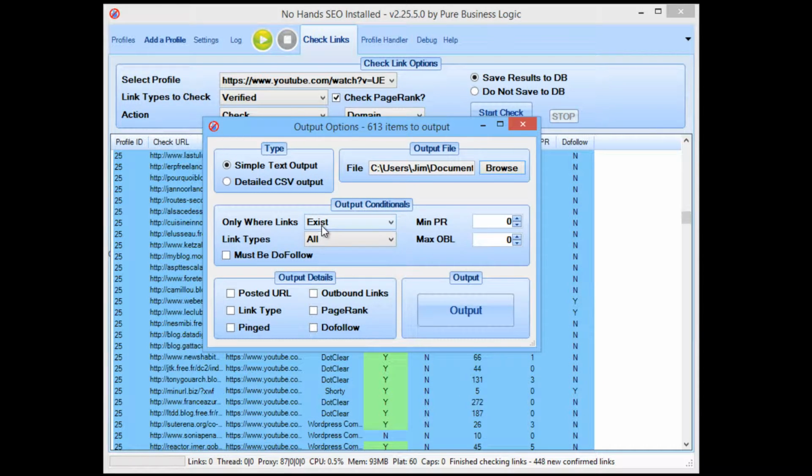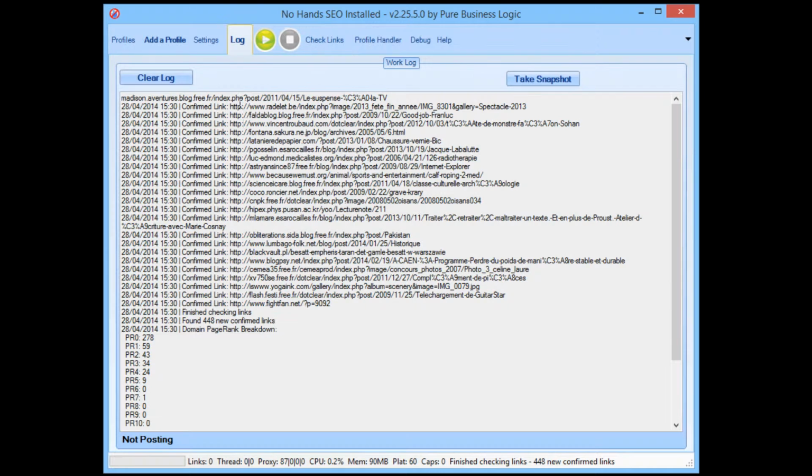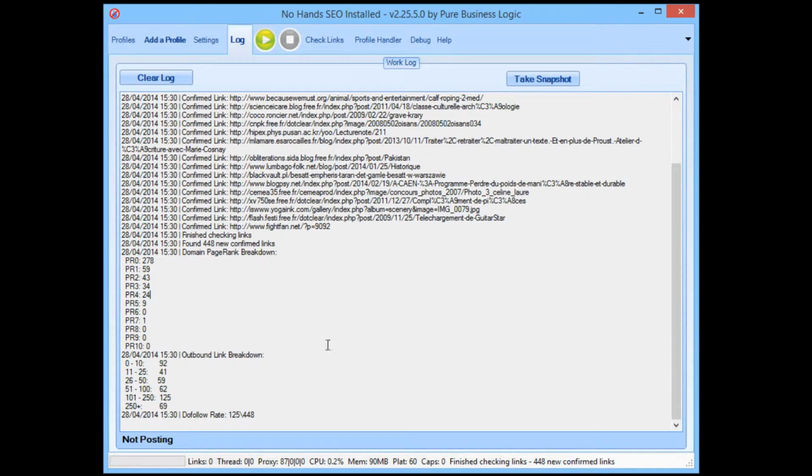And then you choose whether you want all of the links or just where the link exists, what platform of link types you want to output, the minimum page rank, minimum outbound link, whether it should be do follow, and if you've chosen the detailed CSV, you can actually choose to output different information along with the links, such as the outbound links, page rank, do follow. Now I'm not going to use that now, because I just want to show you quickly the breakdown of the